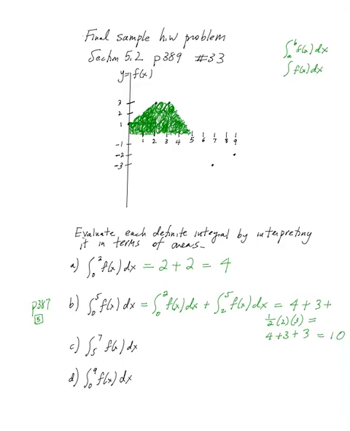So the value of the definite integral is just going to be the negative of this area. Remember, area is always positive. But since my function drops totally below the x-axis on that interval, the value is the negative of the area